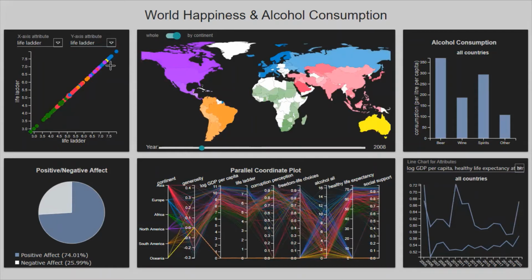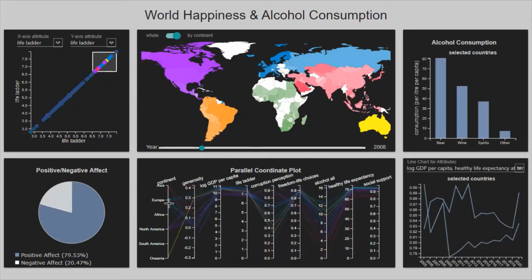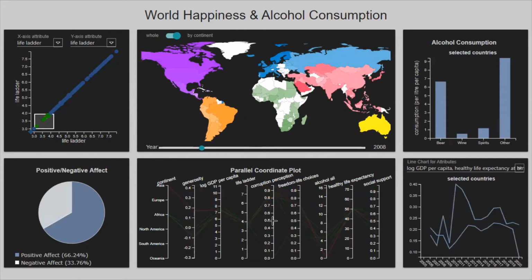So we see that all the blue points are together and all the green points are together, which means that if we select this on the PCP, you see that the European countries are together. The values for life ladder score are similar, and for the African countries here, it's the same case.